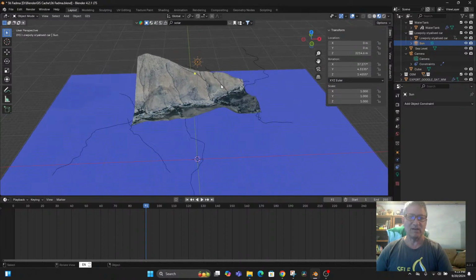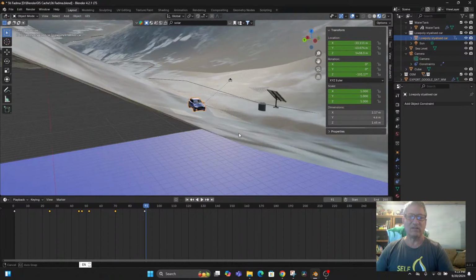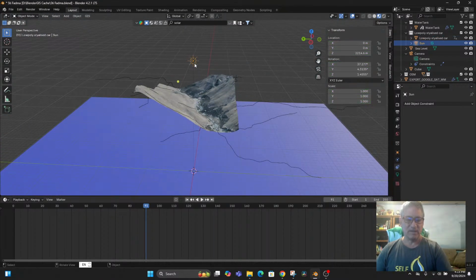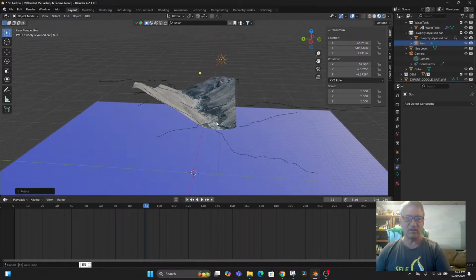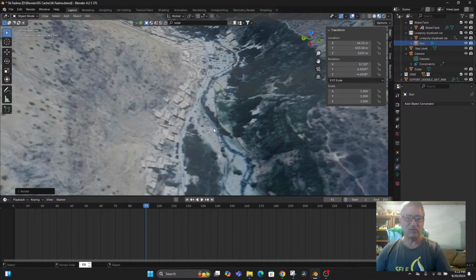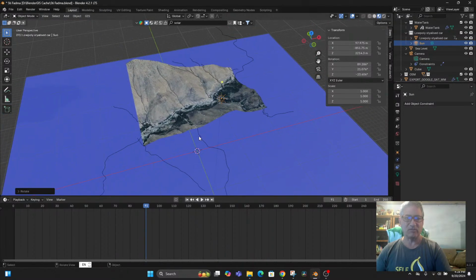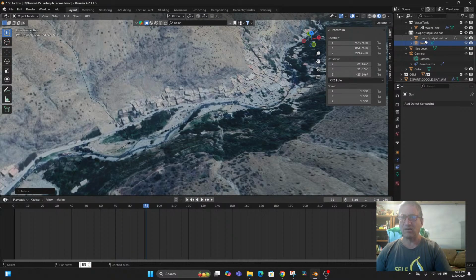By having the sun there, now when we zoom in on the car, for example, then it's well lit. And you can have the sun actually move in the sky. Maybe you want something where the shadows, if I rotate the sun, then you're going to get some shadows the way they would naturally fall. So if the sun is coming, let me move the sun again, G, and move it back here behind the mountain, and move the way that it points over the mountain from the south. And then when we look at the car,